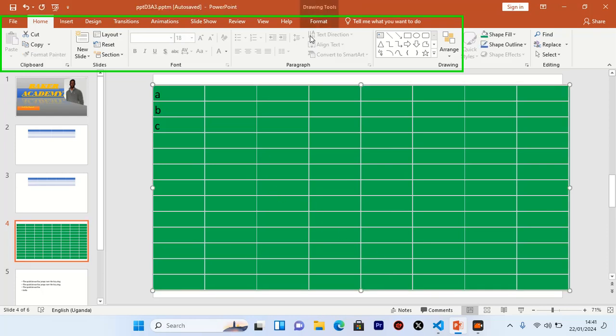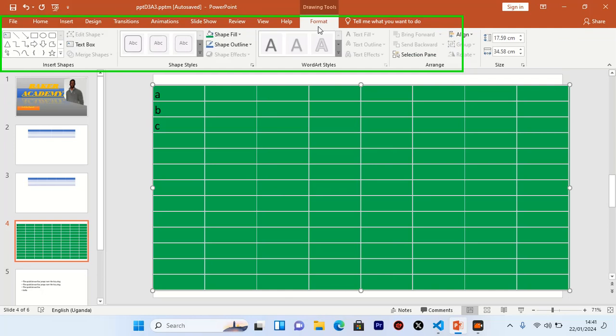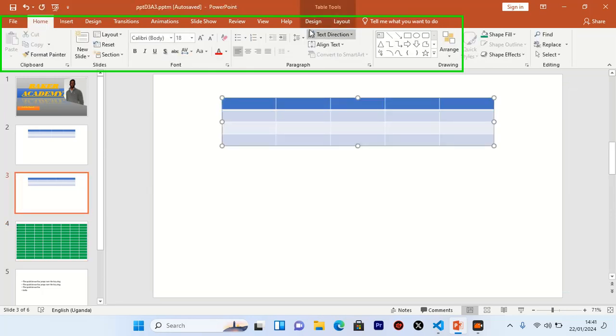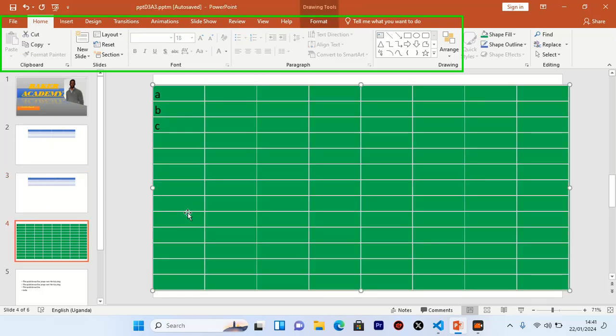I got one thing which is the format, meaning PowerPoint is considering this Excel table as an image, or a shape. That's why once we click on these other tables, for instance this one, we are getting two extra tabs, like Design and Layout, whereas for this one it is not the same thing. Hope I'm clear with that. Okay,